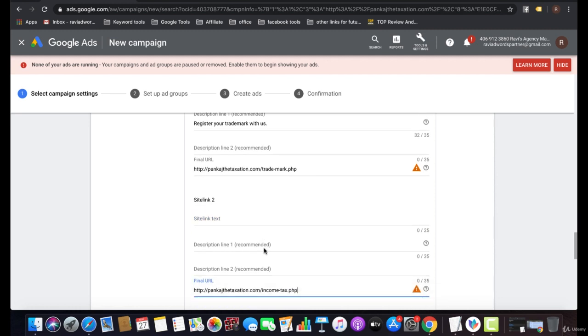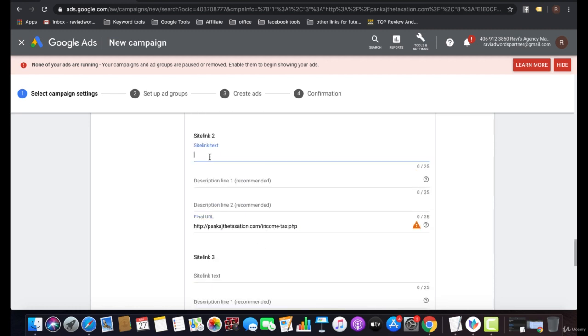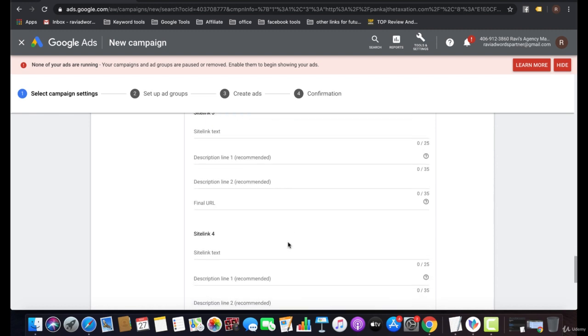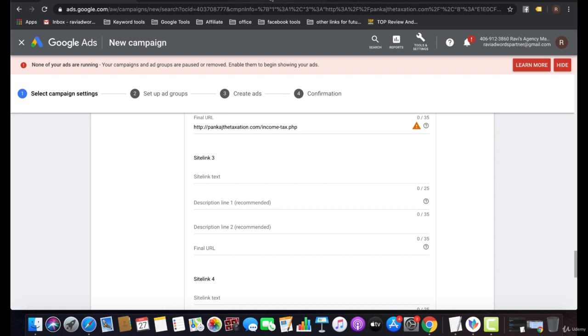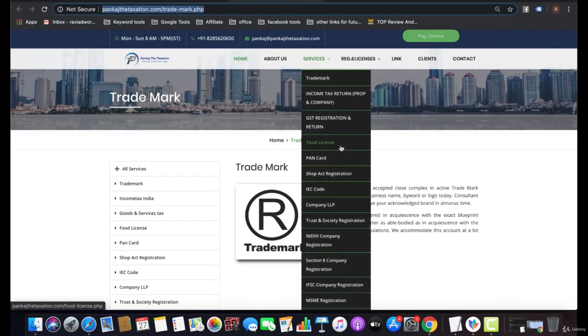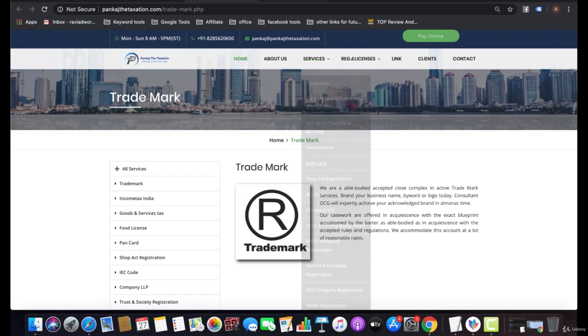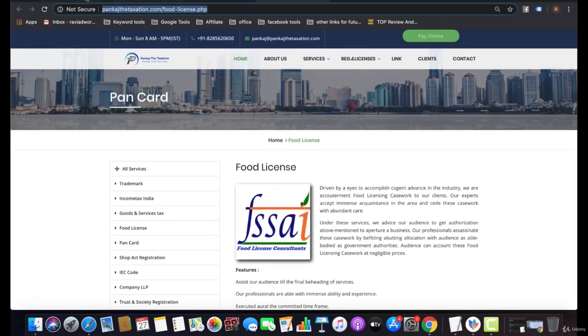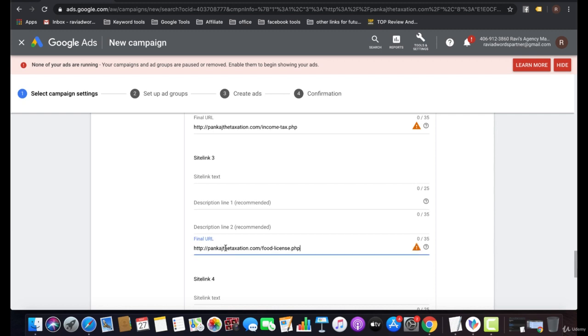I need to put the final URL, like income tax filing, fill your ITR form before it ends. For site link extensions I need to create a minimum of 4 extensions. I can go with this site link and food license service.